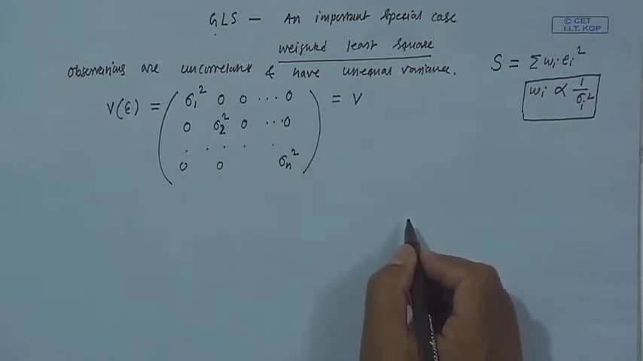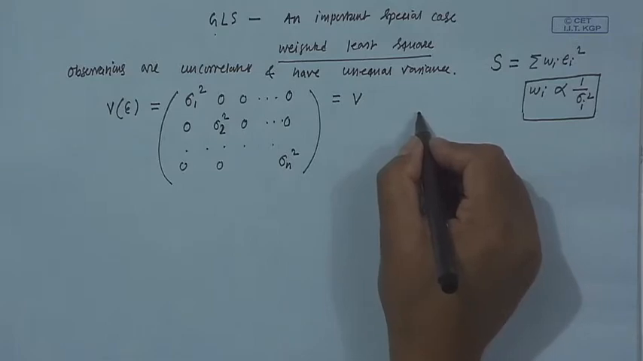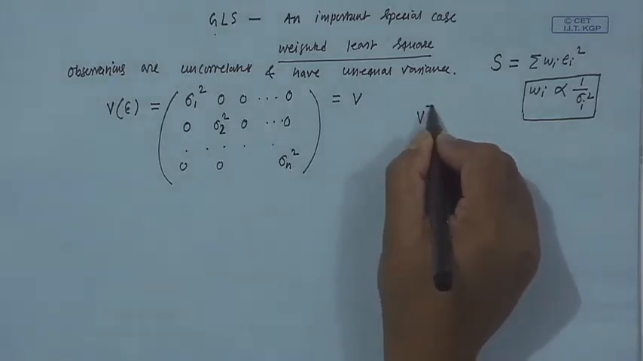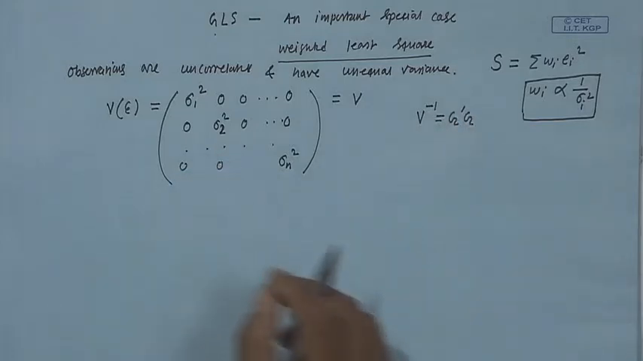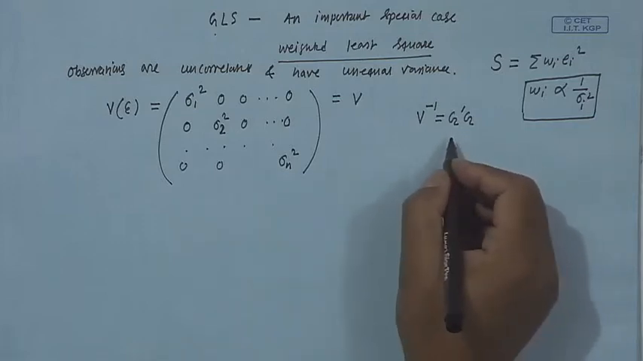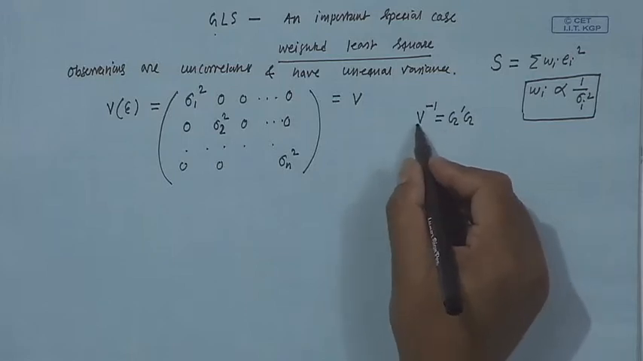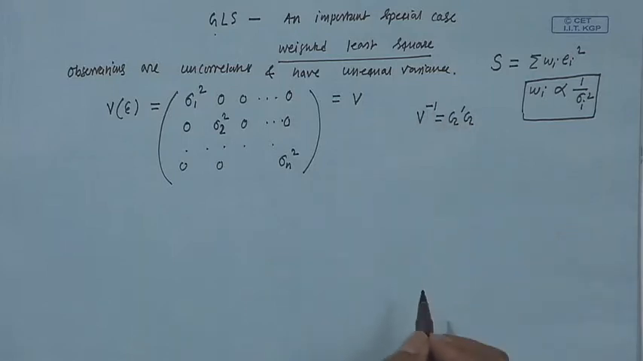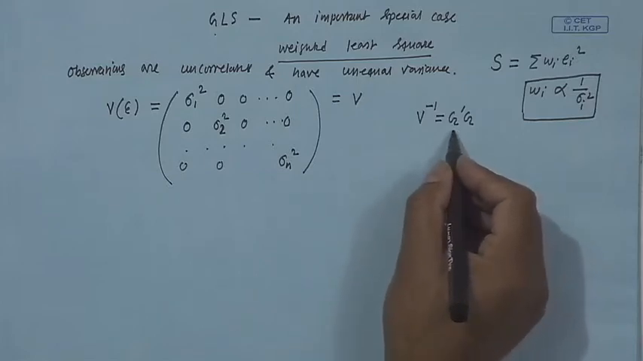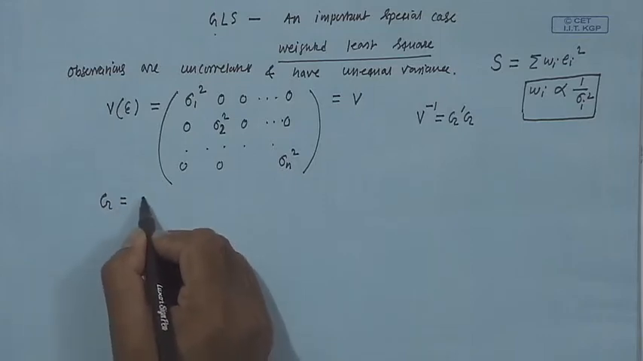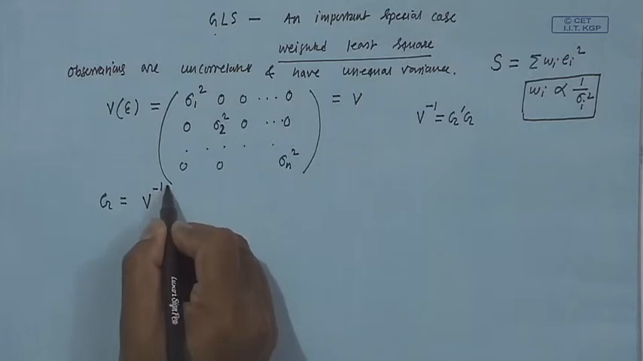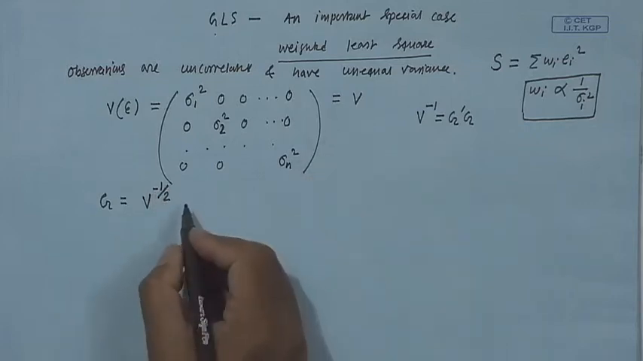and I want to find a G such that V inverse is equal to G prime G, and here it is easy, you can very easily find a G such that V inverse is G prime G. Okay. You can check that the choice of G is just V to the power of minus half. Okay. This is my V. So, this is equal to